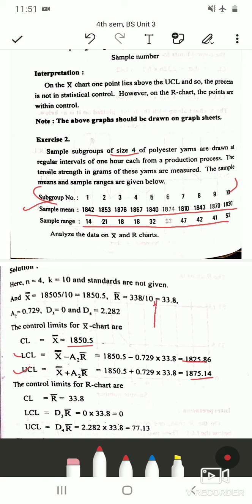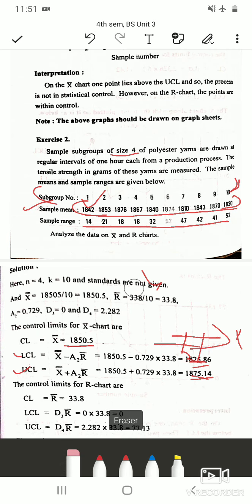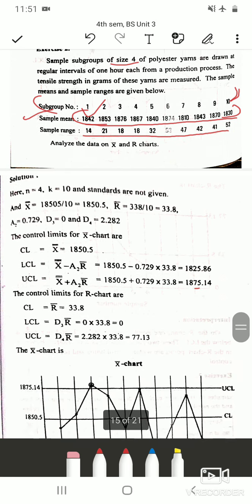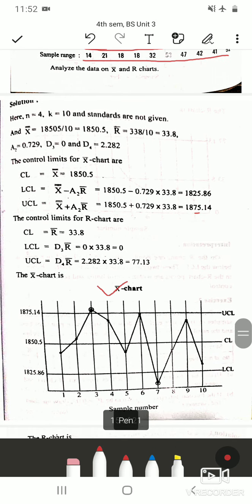So the graph will be same as explained. In X axis you have to take the subgroup number or these values. So it is 1 to 10. Mark 1 centimeter and take each centimeter to be one subgroup. So it is 1, 2, 3, and so on. And in Y axis you have to take all the values of sample mean as well as these three should be included. And then mark central line with the bold line and lower control limit and upper control limit in dotted lines, and then mark all these points. So this is X bar chart.